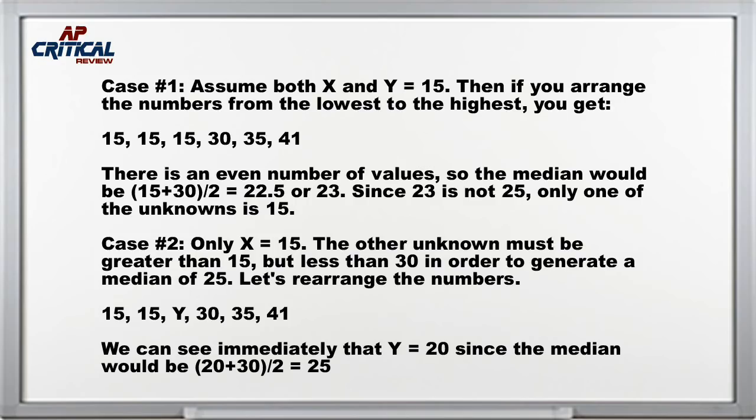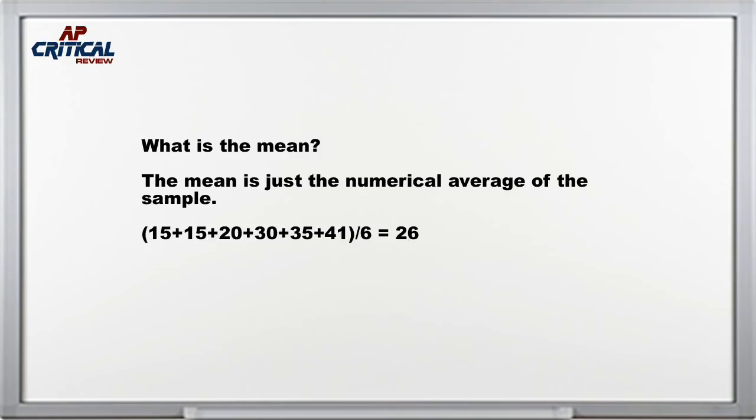So then let's take the average of y and 30, that would have to be 25, which is the median. That means y would have to be 20. We now know that one of the unknowns is 15, the other unknown has to be 20. What's the mean, which is the answer to the question? Well, it's just the numerical average of the sample. So we take those six numbers, sum them together, divide by 6, and we get a final answer of 26,